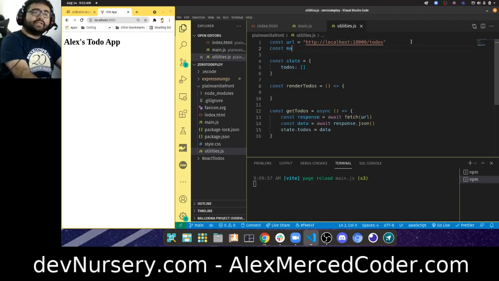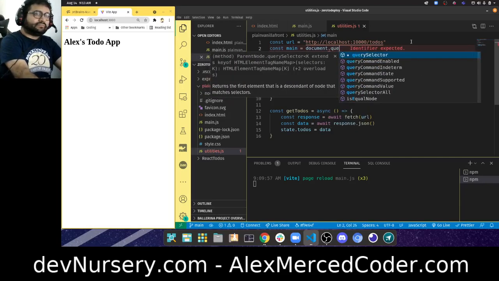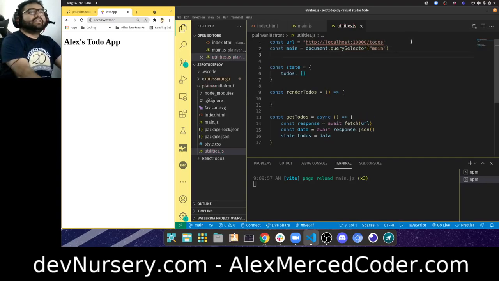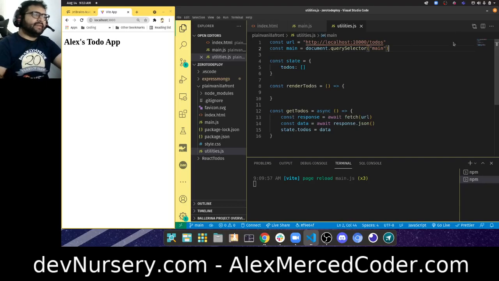So const the main tag is going to equal document.querySelector the main tag. So I got the main tag saved in a variable, and const the div with the form. I may not necessarily need that div in there. When we build out the form, we'll get there. Okay. So I got the main tag in an element, and what's going to happen here is anytime that I want to render the to-dos, it is going to say,